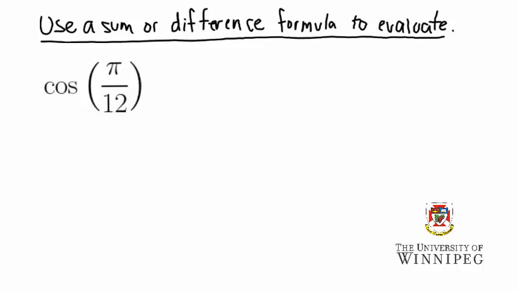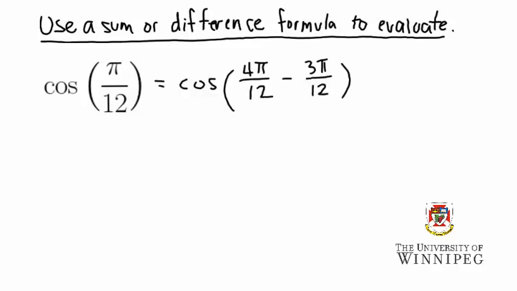how to evaluate. Let's rewrite pi by 12 as 4 pi by 12 minus 3 pi by 12. The reason I've chosen these two in particular is because they're going to simplify. The first one simplifying to pi by 3, and the second one simplifying to pi by 4. And I know how to evaluate cosine and sines of pi by 3 and cosine and sines of pi by